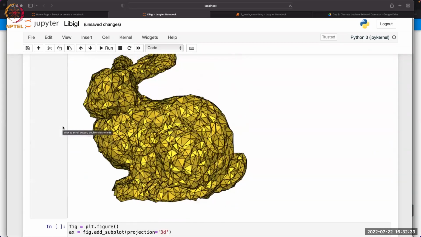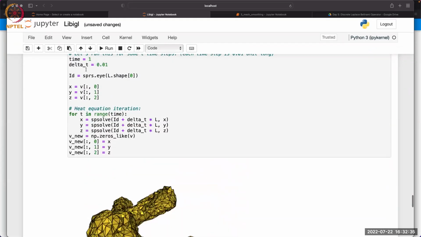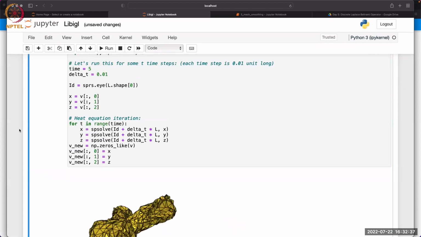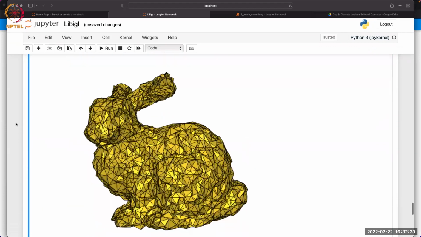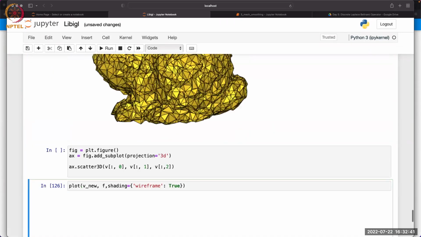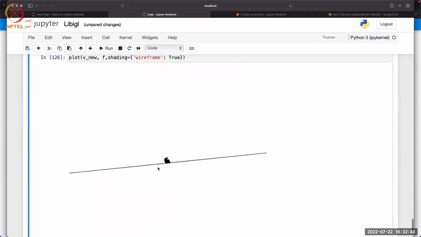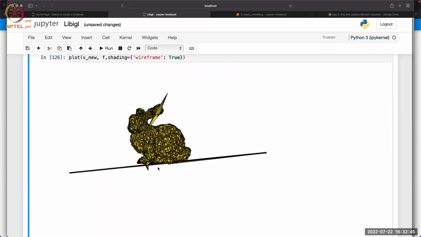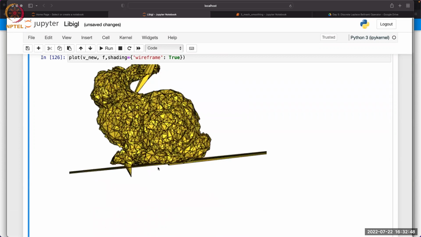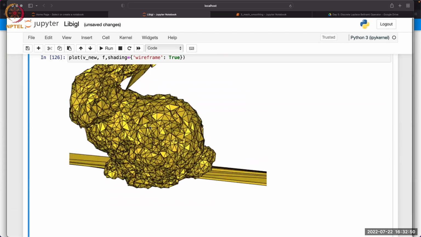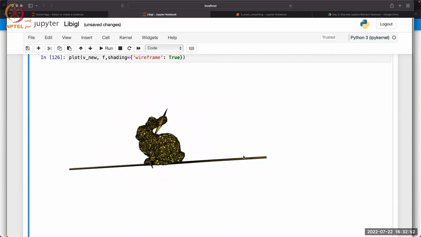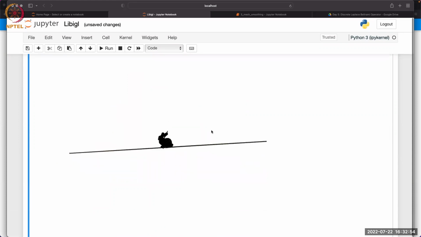It's not moved it much. Do it for 5. I think this mesh does not have any holes in it. This one has some holes, the bunny. Okay, no. So whenever you see these large things forming, it's because of some inconsistency in how the